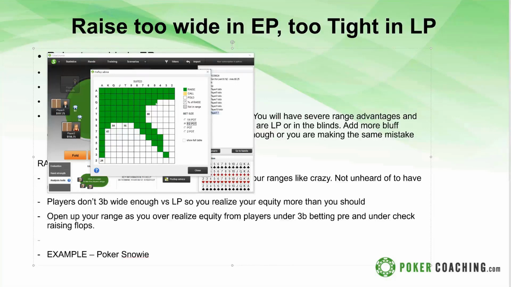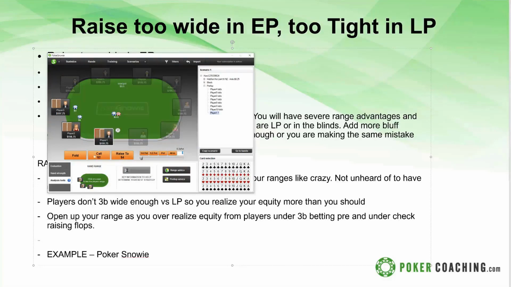Every suited king, most of the suited queens. Folding just the suited junk. It's folding deuces. I would raise that. The reason it's folding deuces is because of the blockers. But this is a really wide range, and a lot of people aren't raising this wide. So you can kind of tighten up out of the blinds, 3-bet a little bit less. Just pay attention to position and realize that most people don't raise wide enough in late position, and they raise way too wide in early position.